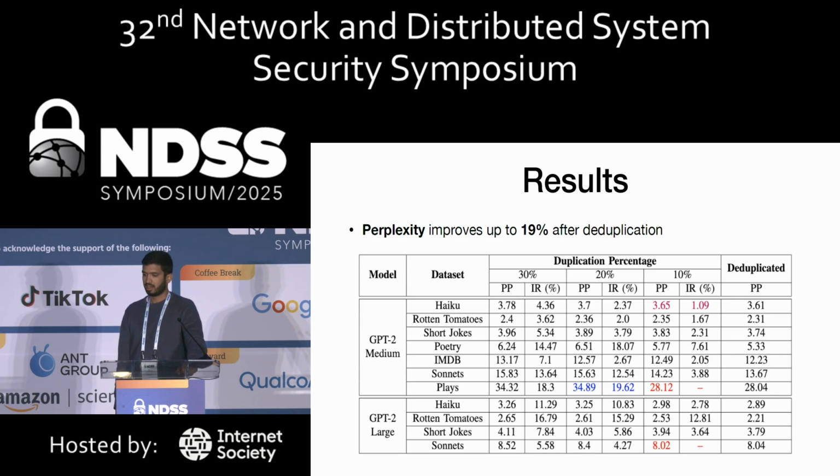And in this table, we analyze the improvement in perplexity after deduplicating with our protocol. So the rightmost column highlights the best perplexity that is observed on fine-tuning the language models on the deduplicated datasets using EP-MPD. And the remaining 3 columns show the perplexity for different duplication percentages, which is 10 to 30%. And you can see the general trend is that the perplexity tends to increase as we have more duplicates in the dataset. And the blue text in the table highlights the best improvement in perplexity that we observe, which is for the Plays dataset in GPT-2 medium. And that's about 19.6% improvement in perplexity.